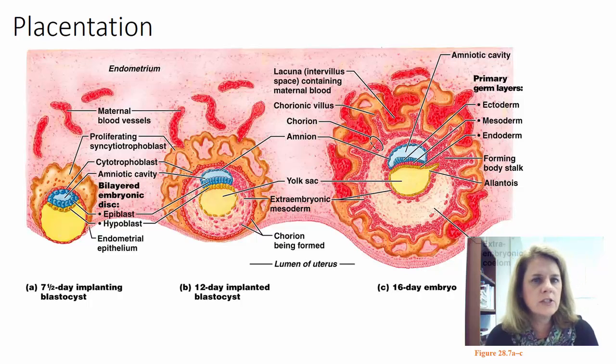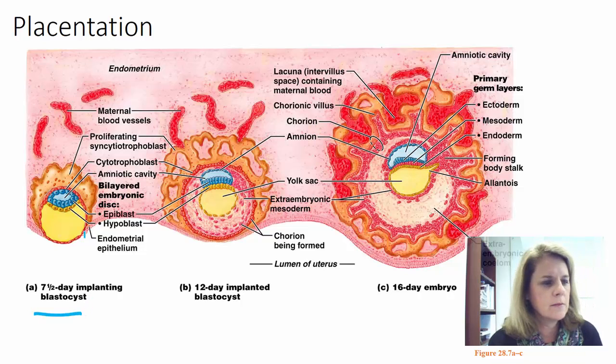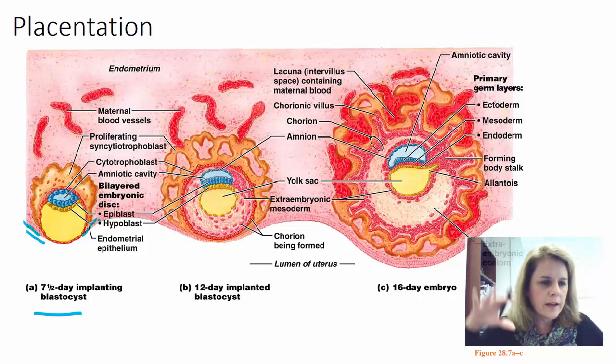So we've got this HCG that's being made to keep the uterus quiet so that the blastocyst has a chance to implant and then form into the embryo. So about 7.5 days, we have the blastocyst beginning its implantation. You can see the endometrial cells have now started to come around and kind of invaginate and take up this whole